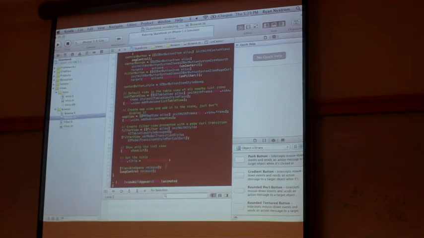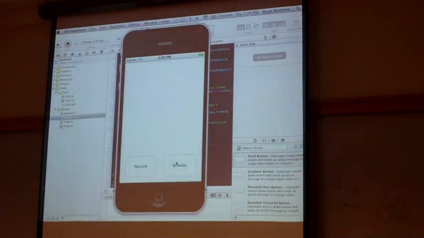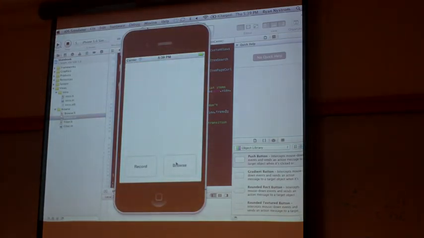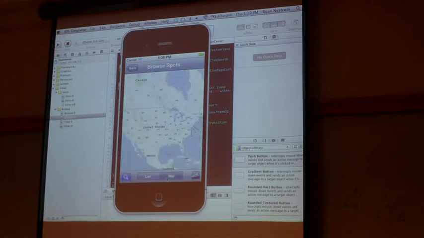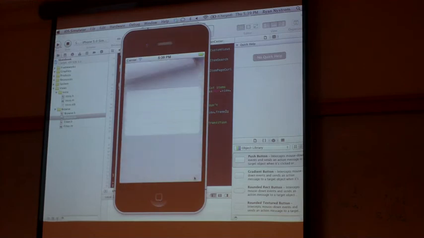So the way it works right now is this button here. I have an event that says when this gets pressed, push another view onto the controller. That does that. And then this button is generated for me, the toolbar is generated for me, and I can jump through the views as much as I want. There's a map kit, which is powered by Google Maps. Comes with the SDK. Very easy to use. There's the core animation stuff. You can get fun things like that.